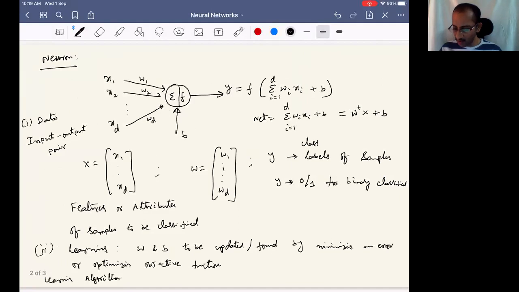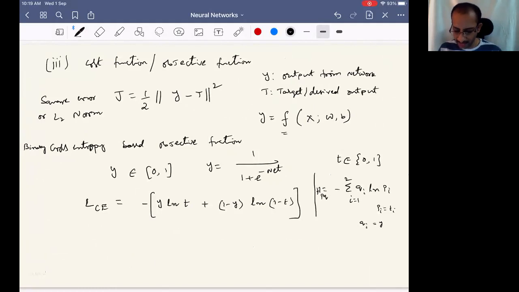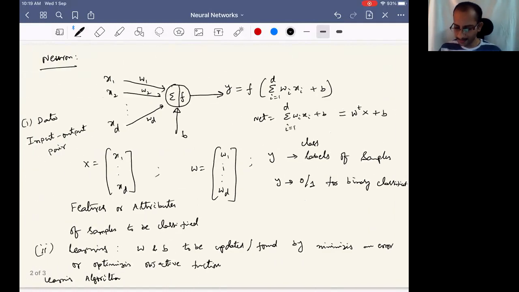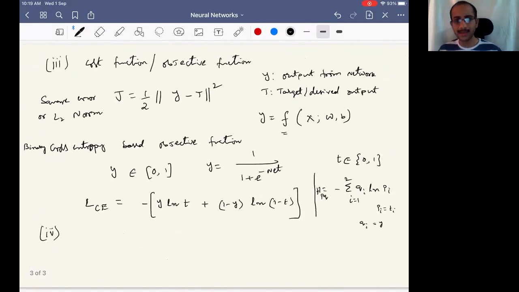So now for learning, what we need to learn is this, but this learning is through the objective function. So using the objective function, there should be a learning algorithm for that. So what is the learning algorithm we use in terms of a single neuron? Quick answer is welcome. Gradient descent. Yeah, gradient descent is the algorithm we use.